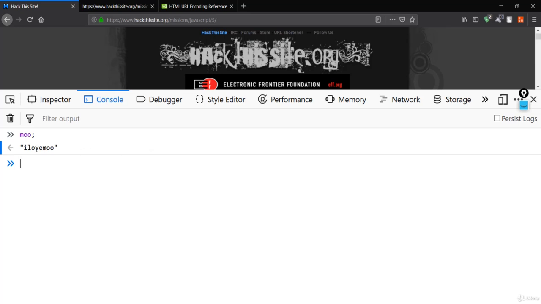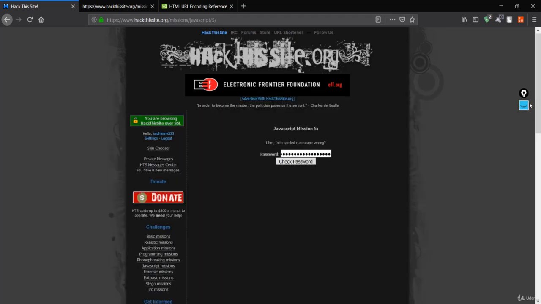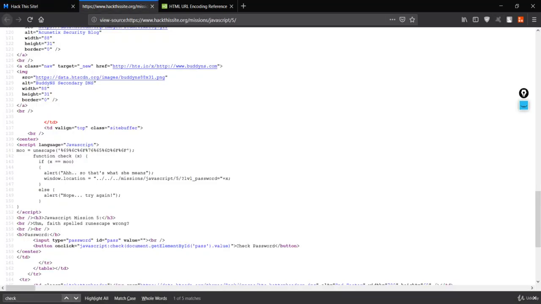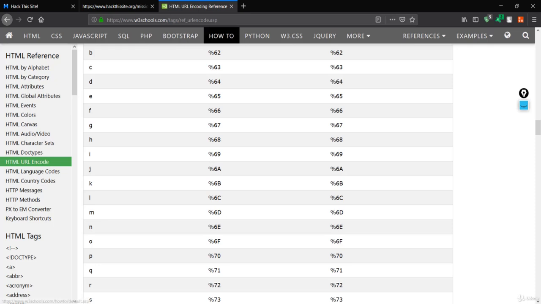Let's see the mo, and it is giving us these values, which is I love mo. This must be our password. So let's paste this I love mo, let's check the password. That means we have just got our password, which was encoded in the HTML format, and you can get all of these from here too.